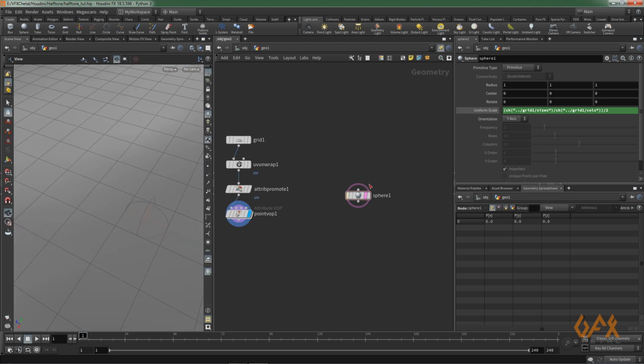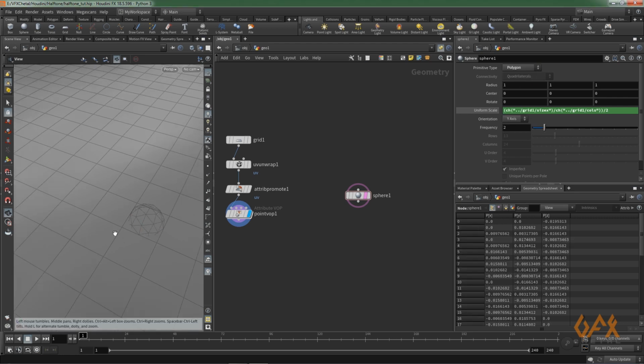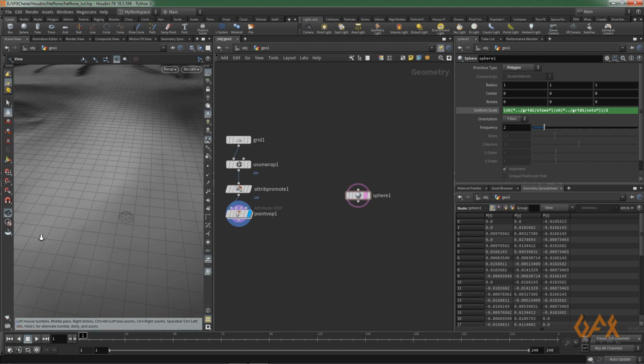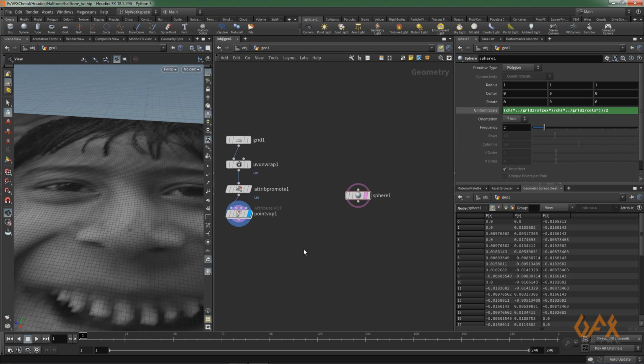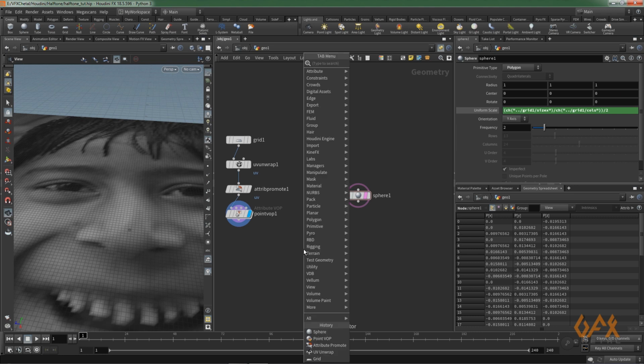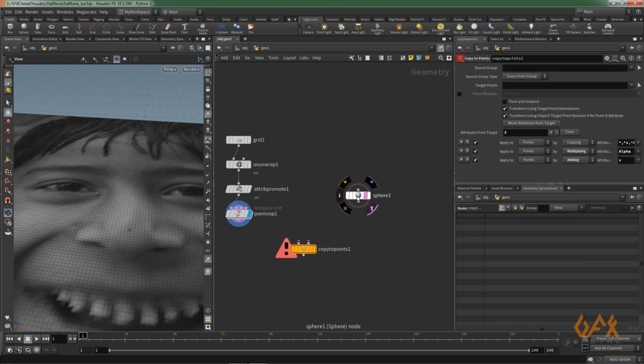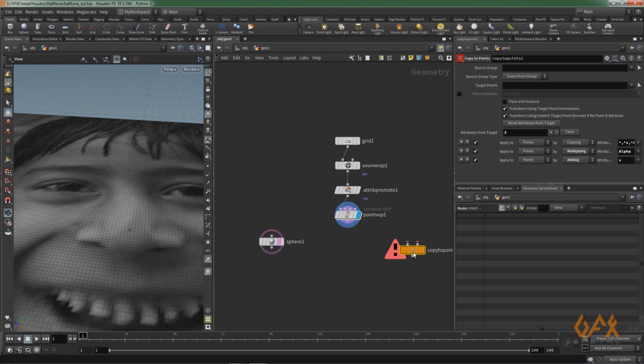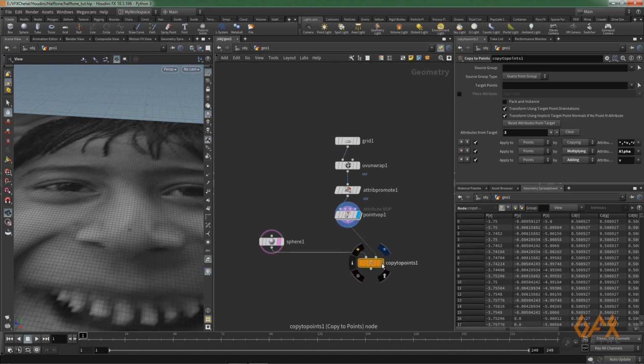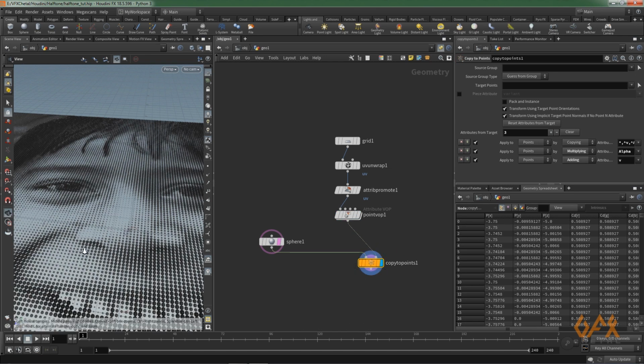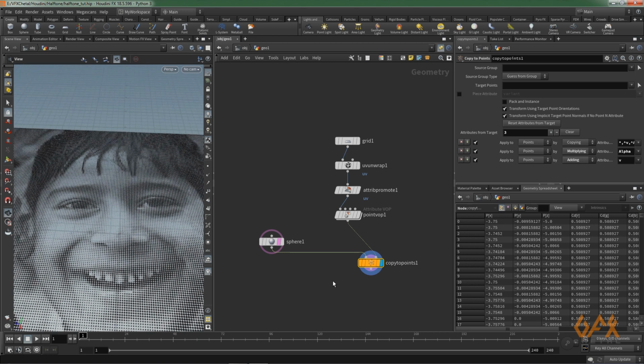square. Okay, now I just convert this thing into polygon. Now the step is very easy. What you need to do, I just tab, copy to points, I just set this sphere and this as my point cloud, and now you see, I just set all the color to black.